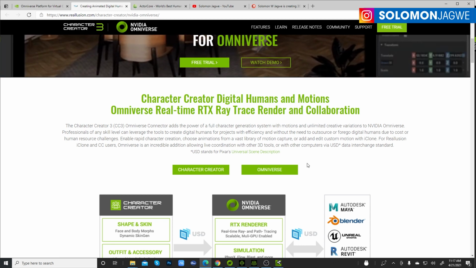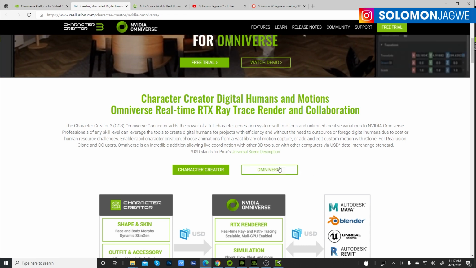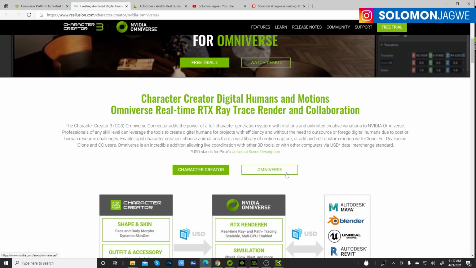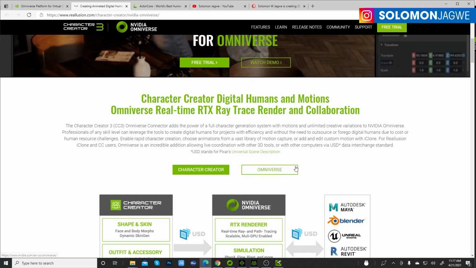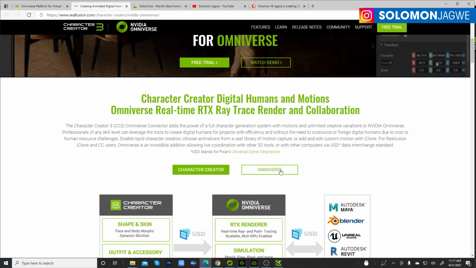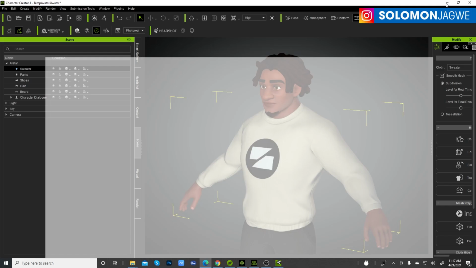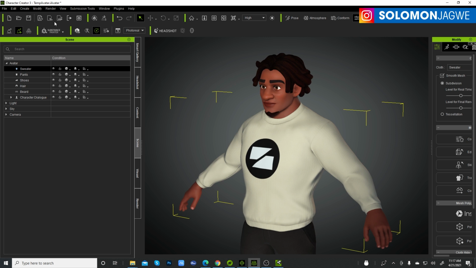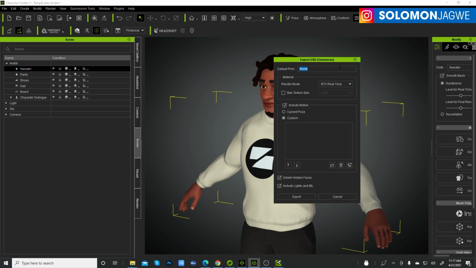You need to go to your Reallusion Hub. That's where you update the Omniverse connector to be part of it. So update your Character Creator 3.41. You have the Omniverse in there. All right. So it will show up, and we can click on export here, and we'll call this Simon